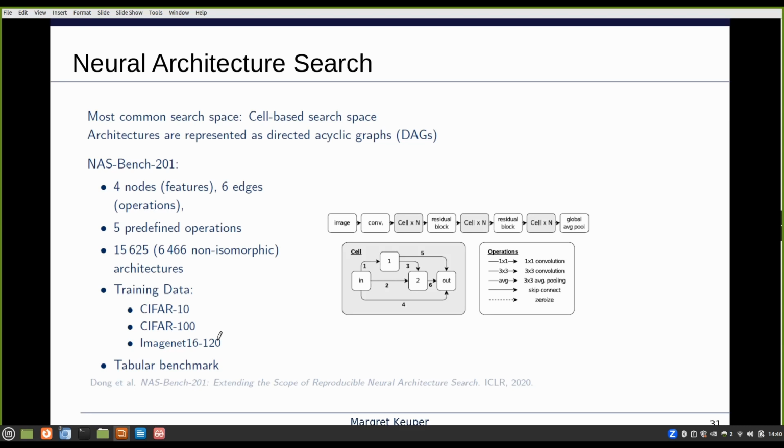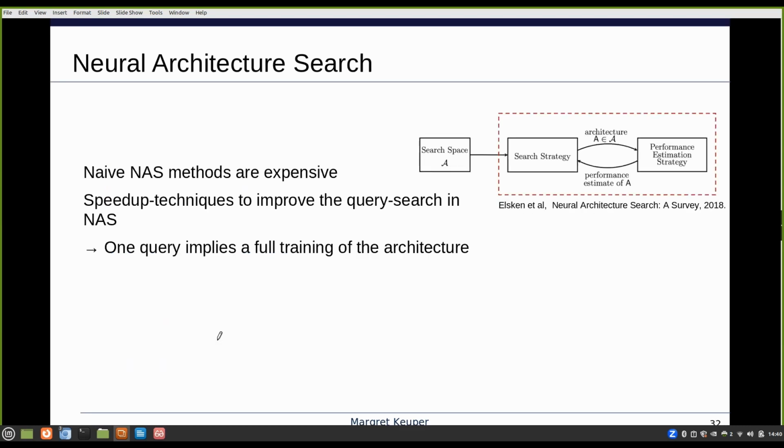So this is nice because it's small and contained and can be complete. There are other benchmarks that are very interesting, that are not complete. For example, in NAS-Bench-301, we tried to build a benchmark that covers the DARTS search space, but then allows for some performances to be estimated. And the other nice thing about NAS-Bench-201 is really that you can look at the models. So if you want to learn more about the models, this is informative because we not only see the architecture, we also see what they actually learn. Okay, so